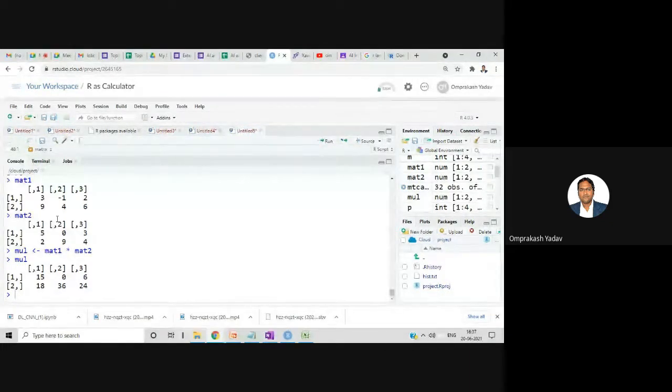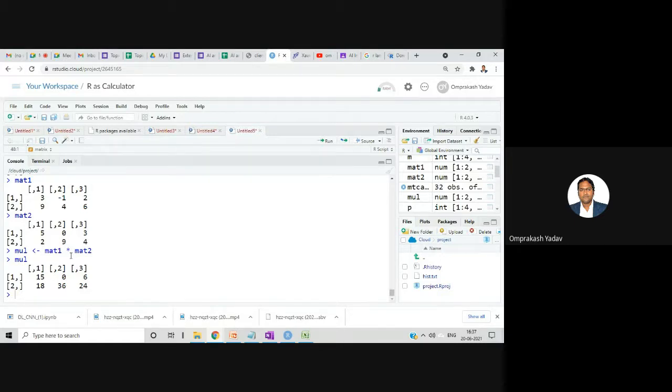And it's multiplying in this way, like 5 is multiplied by 3, so that becomes 15. Then 9 multiplied by 2, it has become 18. Minus 1 multiplied by 0. So place by place, it's multiplying and putting the values over there, which is not matrix